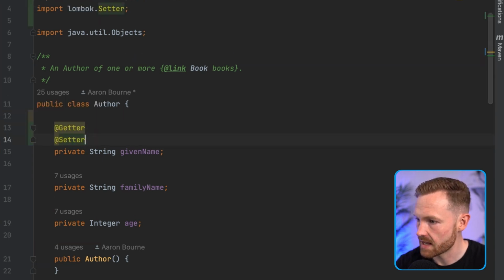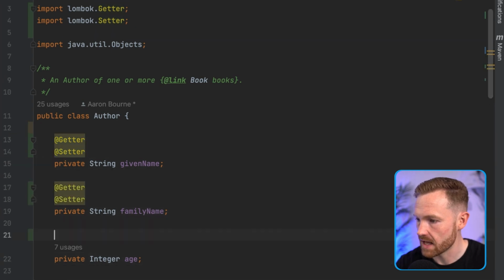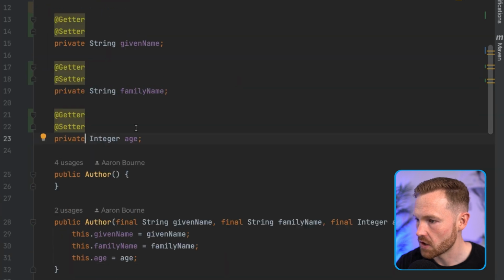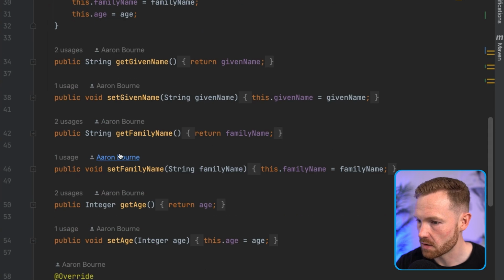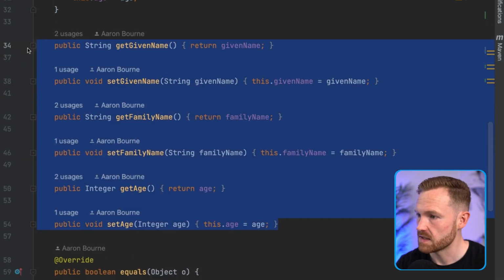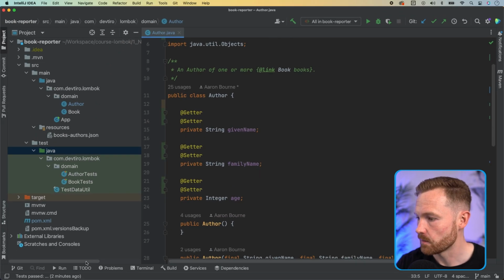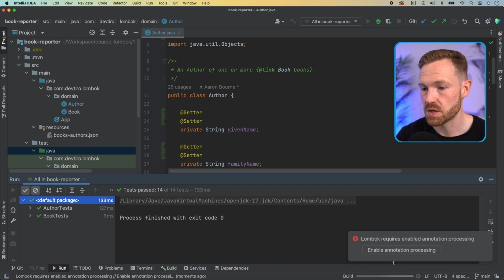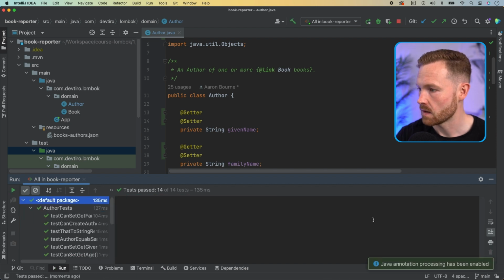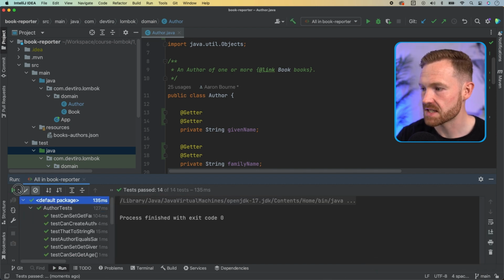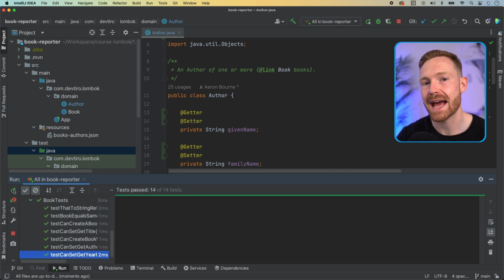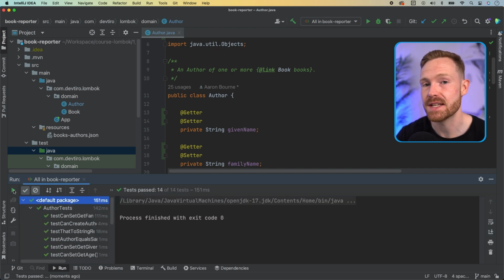Wonderful. Okay, and we'll do the same for family name, and we'll do the same for age as well. That's looking good. Now I'm going to go ahead and remove manually these getters and setters. And it's as easy as that. So I'm just going to run our tests again. Enable annotation processing. There we go. And we can see that all of our tests are now passing using the getters and the setters generated by